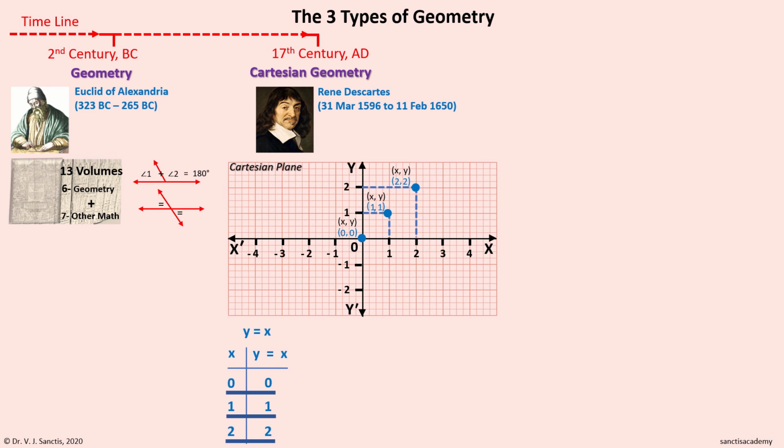Notice that at each of these points, the respective x and y values are together in coordination. Hence, each point is called a coordinate, and the Cartesian plane is also called the coordinate plane, and this geometry is also called coordinate geometry. Now lastly, we join the dots and we have the algebraic equation y is equal to x expressed as a geometric shape, a straight line. And in this way, depending on the algebraic equation taken, we can get other geometric shapes like a curve, a parabola, a wave,